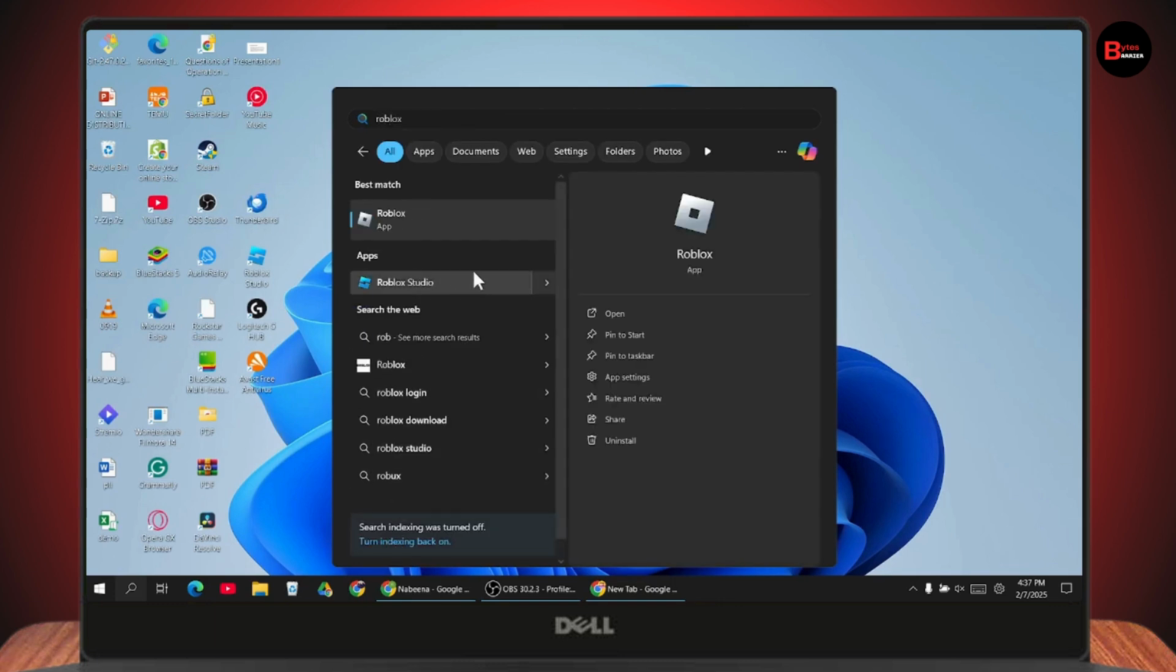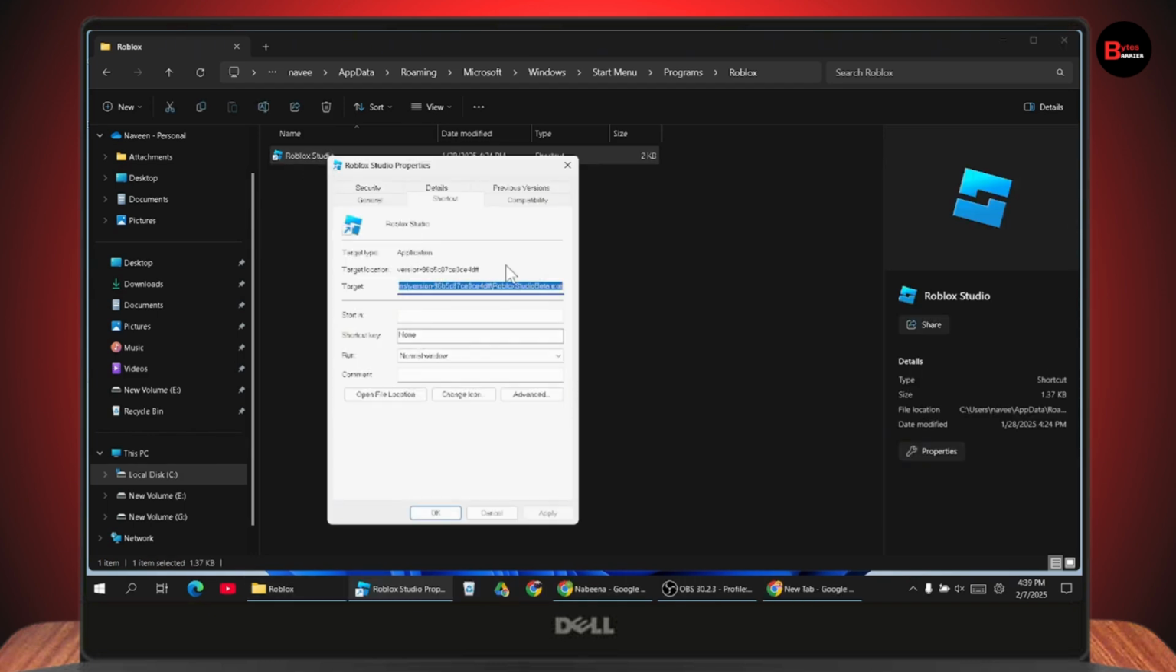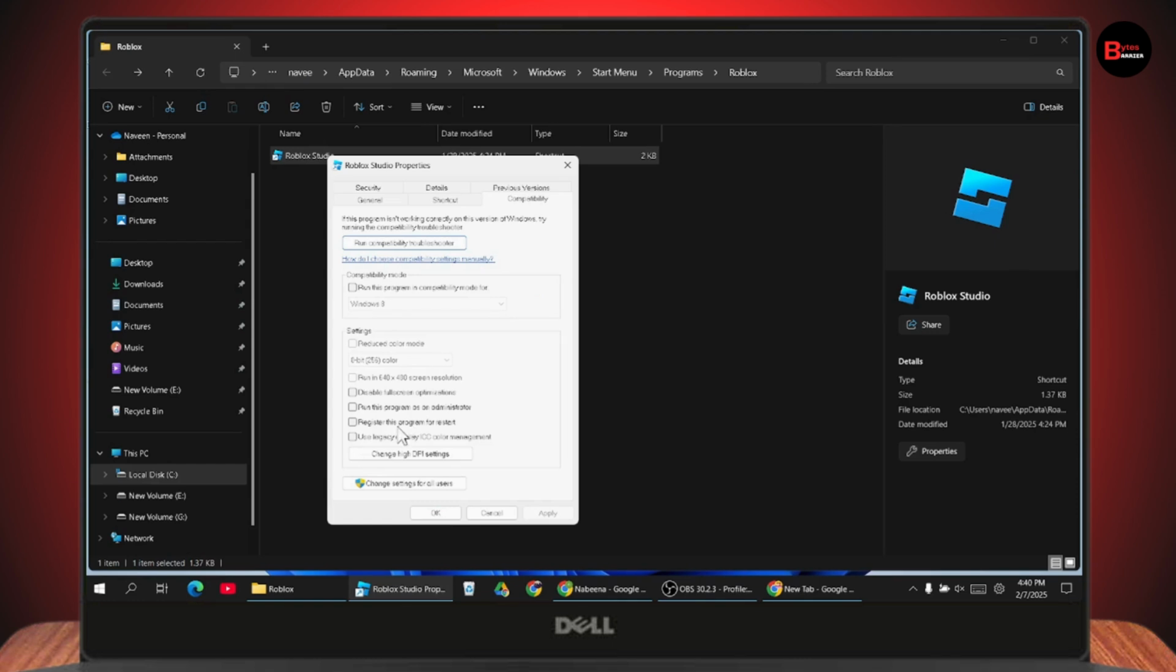Once you have your Roblox, now you just need to simply right click on your Roblox and you can go with open file location. And once you go with the file location here, you will have your Roblox player and your Roblox studio, right? So what you need to do is simply go with your Roblox player and right click on it, go with the properties section, and here under compatibility, here you